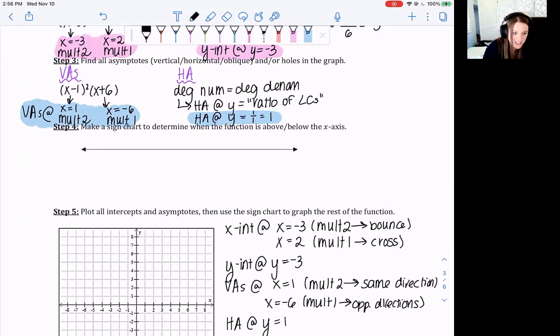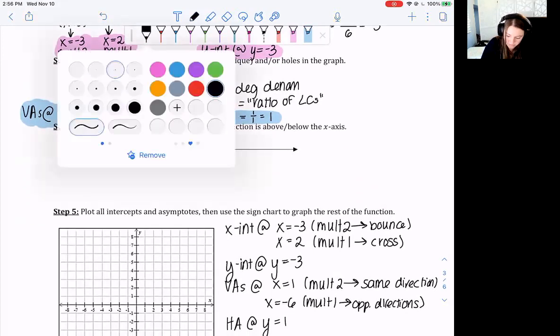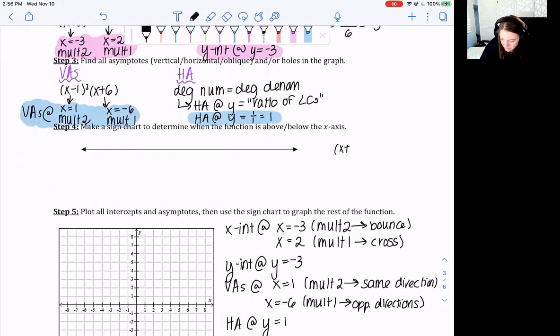Finally, we have a sign chart we need to do. So we have (x plus 3) squared times (x minus 2) all over